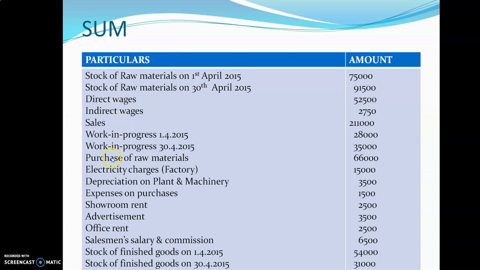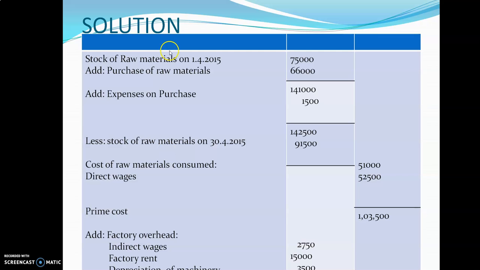Then purchase of raw materials. We have to add it with the opening stock of materials. Then next, expenses on purchase. Now what are you purchasing? You are purchasing raw materials. So expenses on purchase is also related with materials. So opening stock of raw materials plus purchase of raw materials, then add expenses on purchase